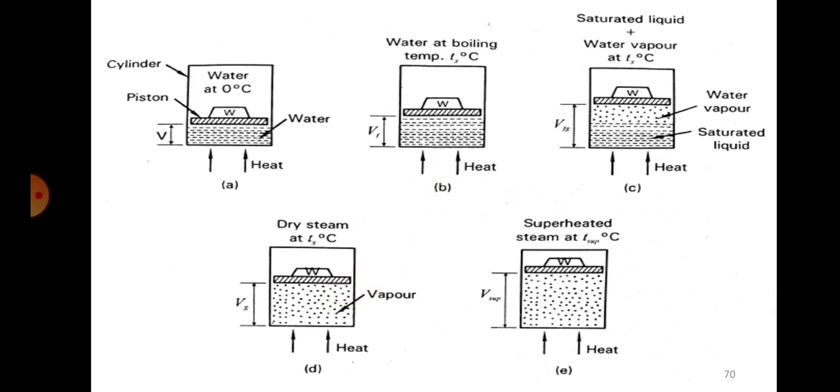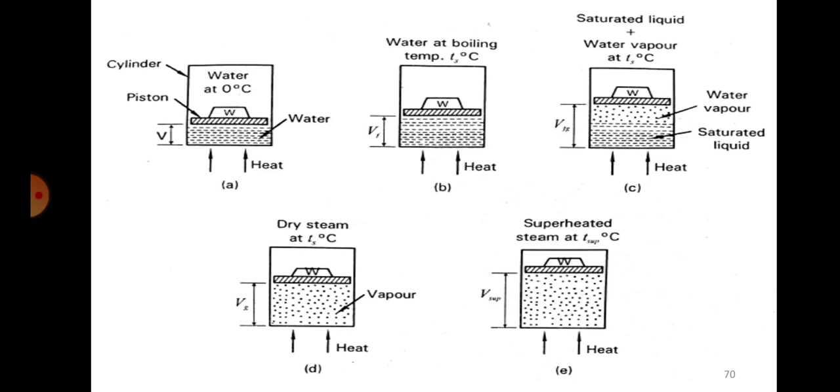And if you still don't stop heating, you still increase the heat further, then the temperature will start rising again. Till now the temperature will not rise, because all the heat energy that was given will be utilized for converting that water into vapor, from water to steam. And now that everything is converted into steam, the phase itself has changed from liquid to vapor. And if you still further heat it, then the steam that is produced will again start increasing in temperature, and that steam which is produced when you further supply heat is called superheated steam.